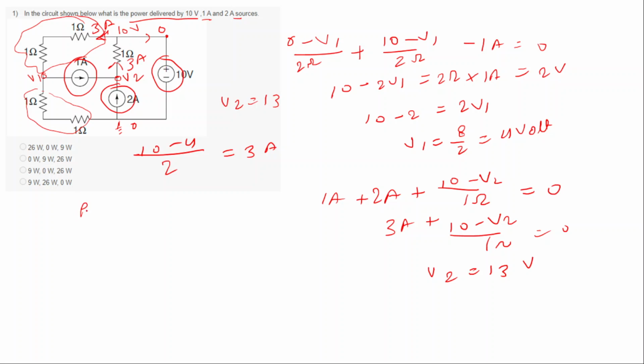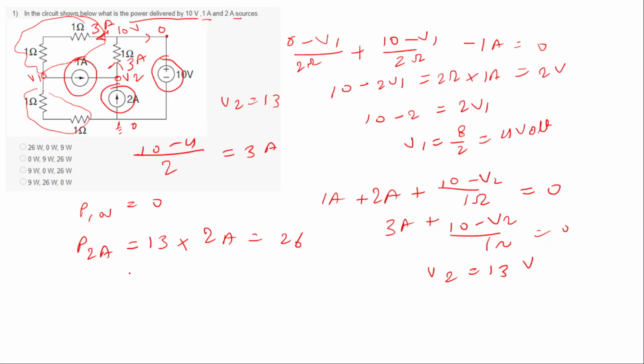Power for the 2 ampere source will be 13 multiplied by 2 ampere, which equals 26. And then the power for this 1 ampere source,